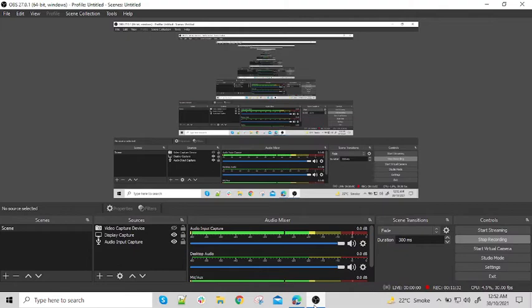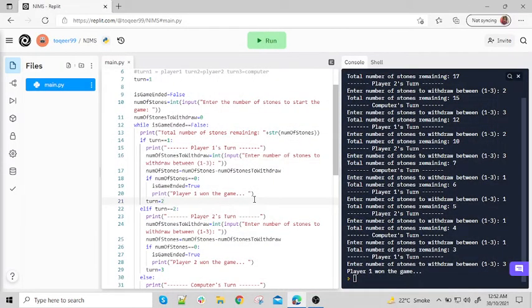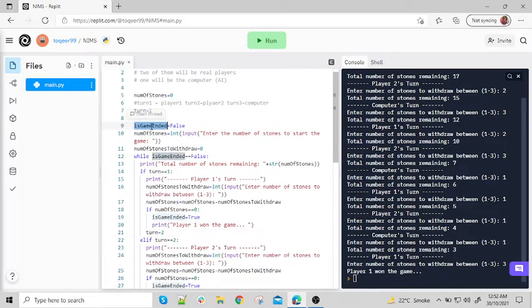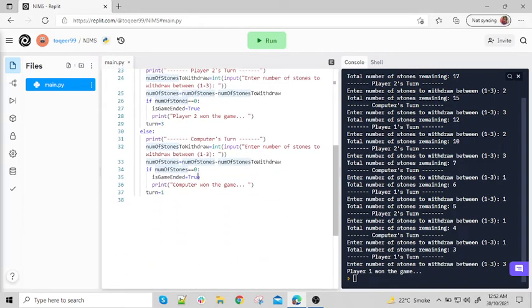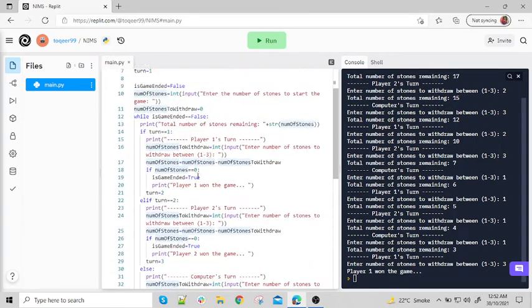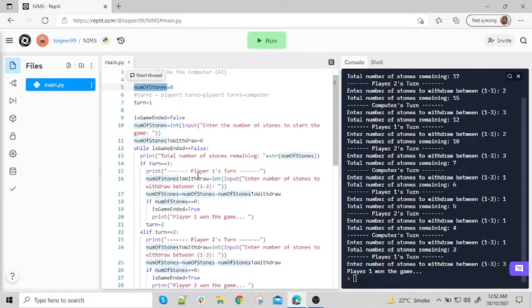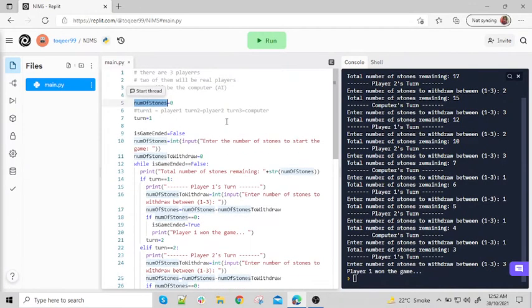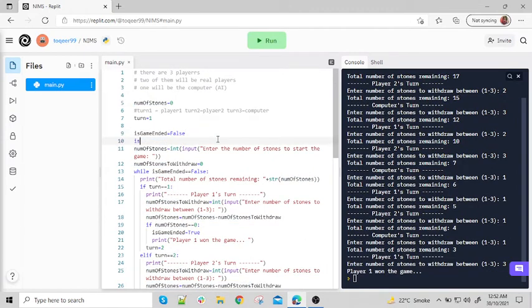Actually this was the easiest and simplest way of coding this game, but there are definitely best practices. We need to create a module named nims game. We can make a class, and the class can have variables like is game ended, number of stones and so on. There are many other ways to do this. Like if I want to introduce a menu to play this game again and again until the person wants to stop, I can introduce another variable.